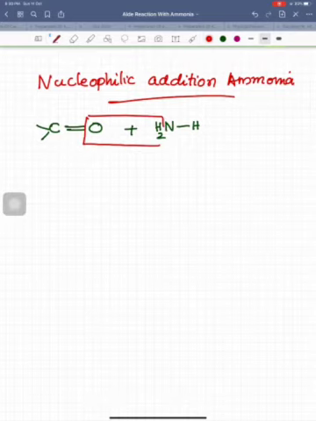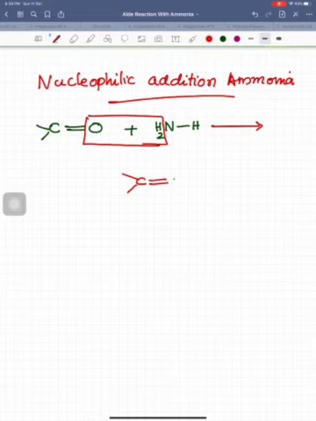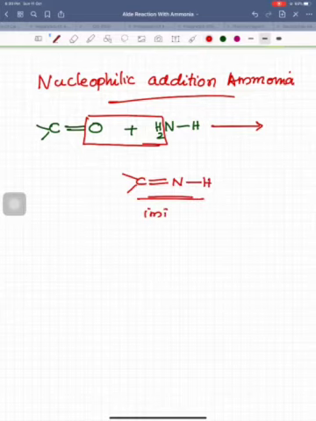The water molecule is eliminated. So the rest of the product, you just write it here together. See, then a double bond NH. This is the compound formed. This one's name is imine. This name imine we used earlier in the aldehydes and ketones preparation part. The imine formation happens there.